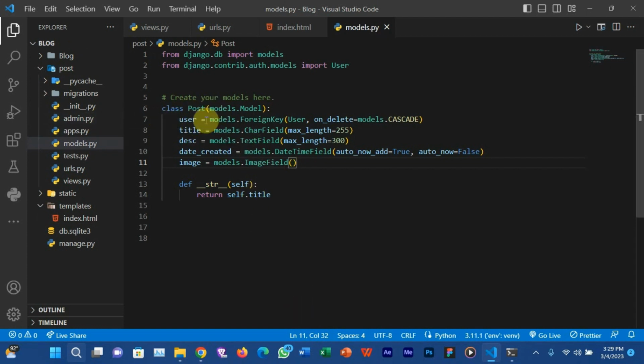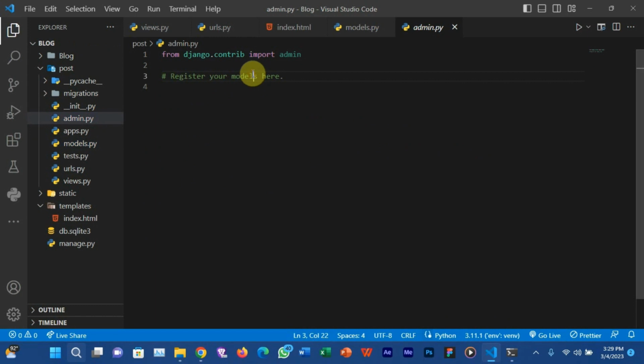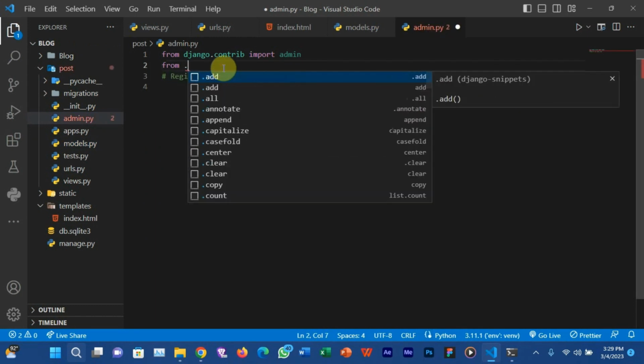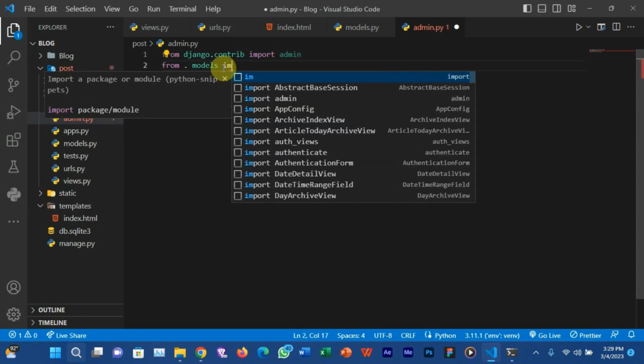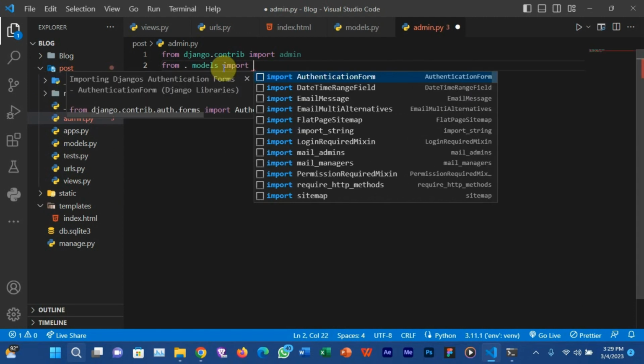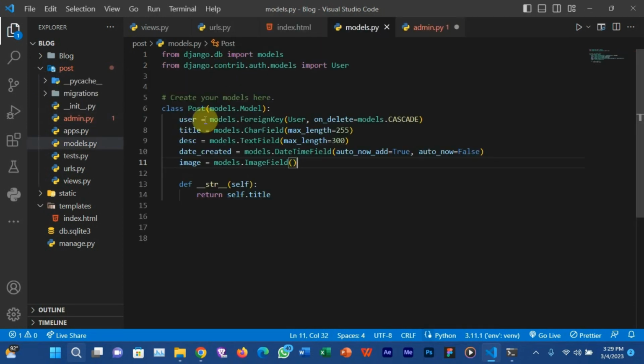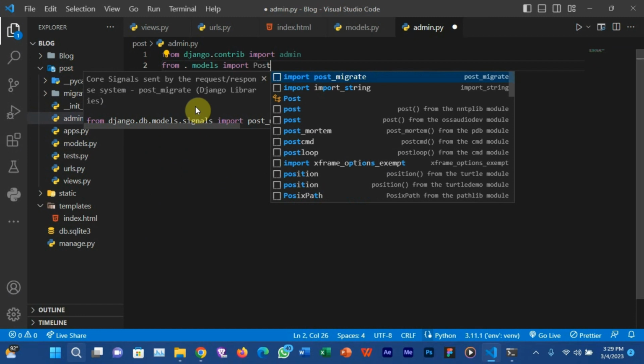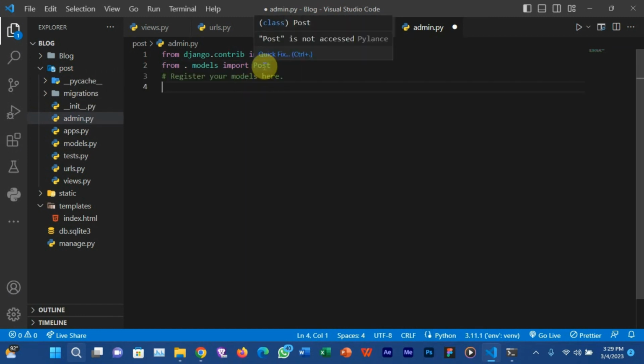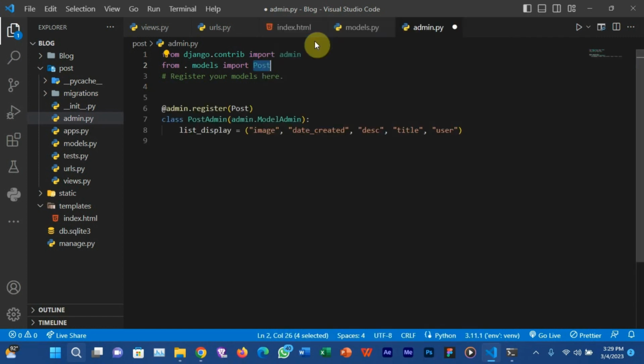Okay, we now have to register this in our admin.py file so that it will show inside our admin panel. So go back to your admin.py file. You need to import your models here. So from .models import the name of the class you just created. We created Post. I have an extension installed in VS Code, so you can just double click, right click, and then register model. It will just register all these things for you automatically. You don't need to worry about how you can specify them. But I can just go ahead and type this out.